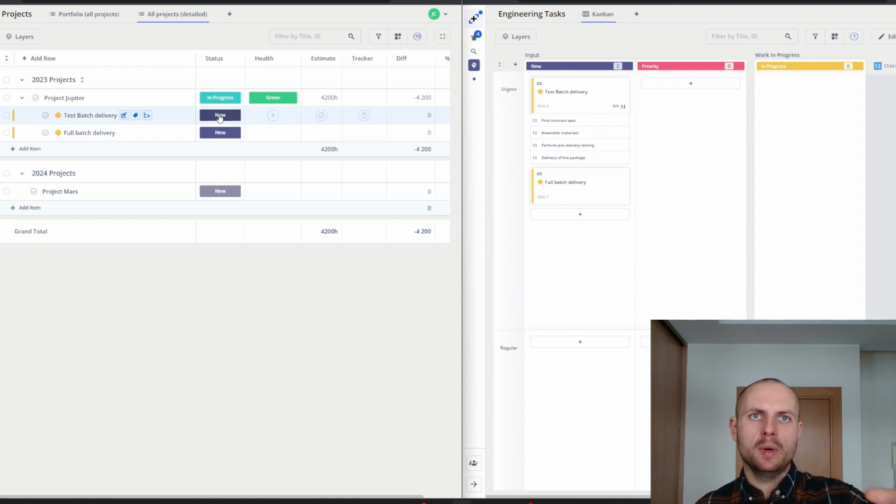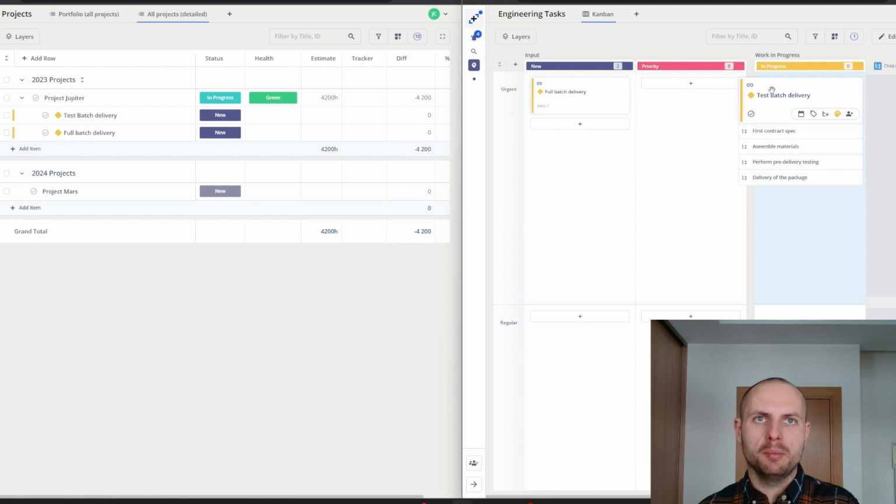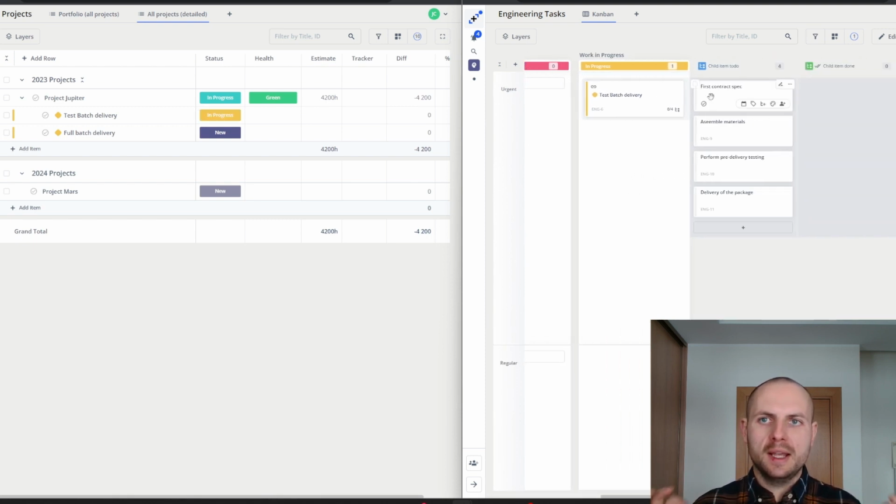Now look what happens when my engineering team starts working on the test batch delivery milestone. Once it gets into the in progress status, and if that status matches in my PMO board, it will get synchronized. So it's the most powerful thing because you can configure any field which is by default or by custom definition available to you in Teamhood. You see, I just placed it in progress and now it's already synchronized with in progress on the PMO workspace. And these are 2 different workspaces, 2 different teams are working on them. PMO, project portfolio owner, is having only the high level information, while the engineering team is already working on a